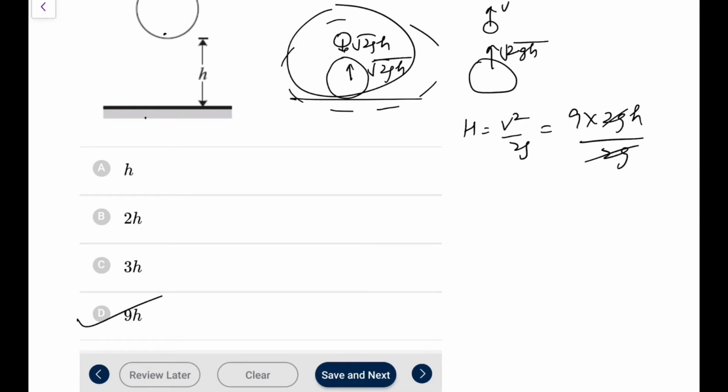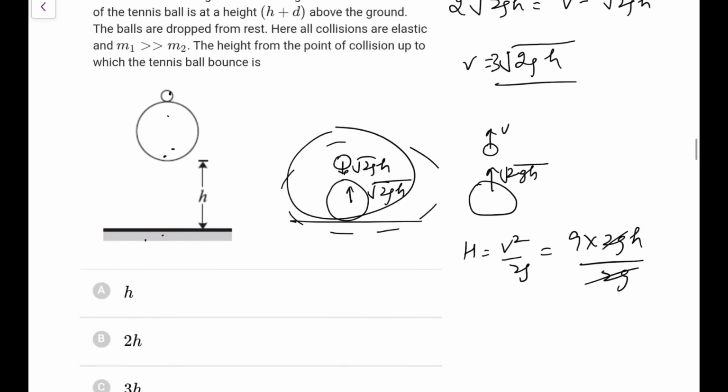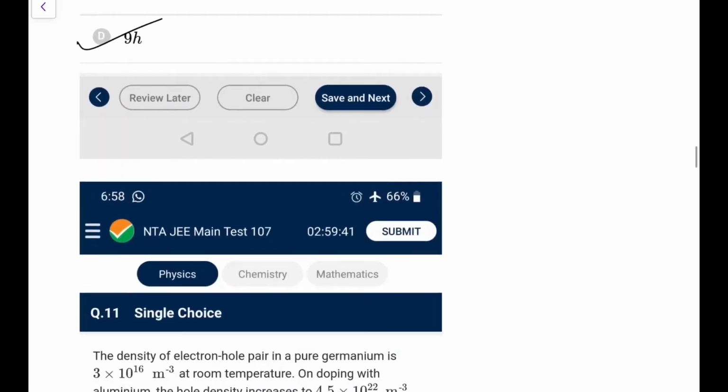So it's a nice question. What we have taken is first the collision of this, and then on the next moment the collision between these two, otherwise we won't be able to get it. So it's a nice question, it would be 9h. Next,